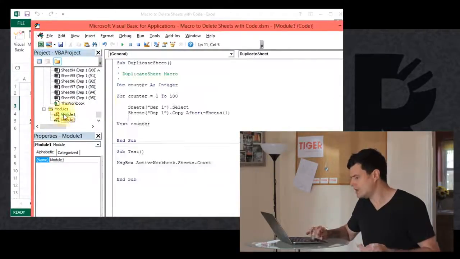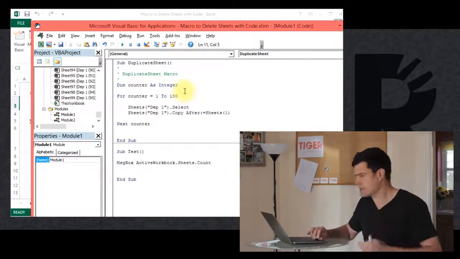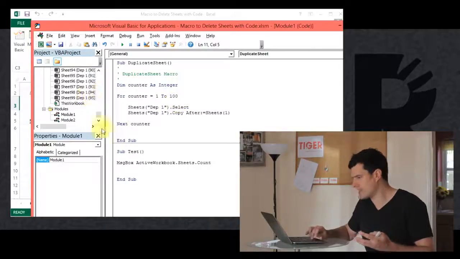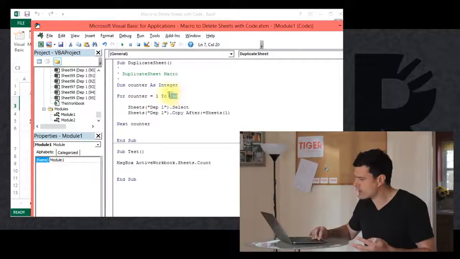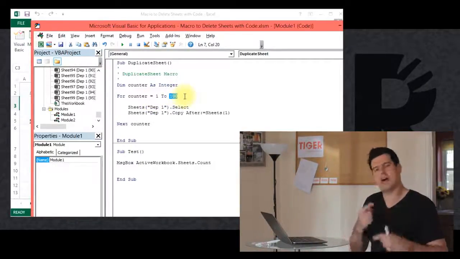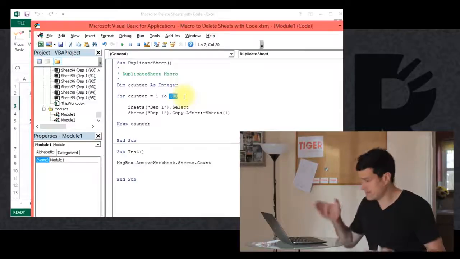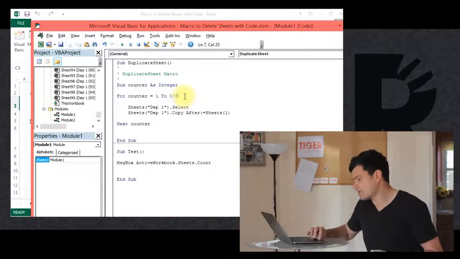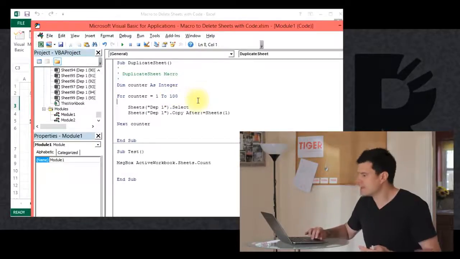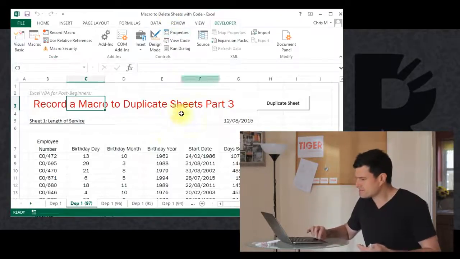Okay, module 1. Yeah, it looks something like this. So this is a for next loop. And then here we've declared a variable, and we are controlling with this number how many times Excel goes through the loop. In this case, the way we set it up, Excel will go through the loop 100 times. So that's great, but